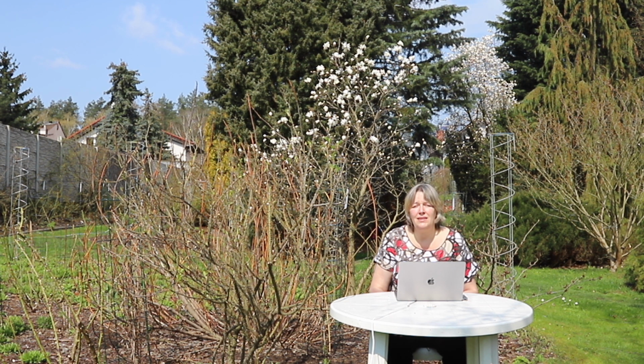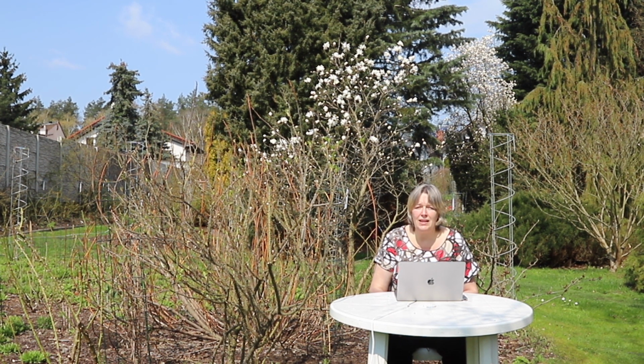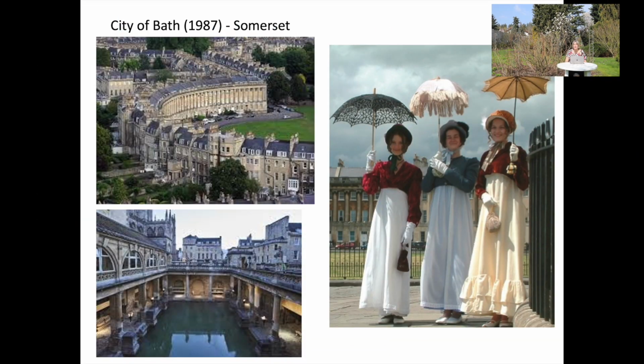Next one has Roman heritage, but also later monuments, and this is the city of Bath in Somerset, famous for the mineral baths, known even before the Romans, but very highly praised and used extensively by the Romans. So if you ever go there, it's a beautiful city, relatively near Wiltshire and Stonehenge. You can visit the well-preserved ruins of the Roman baths, so the healing temple that was built in this place